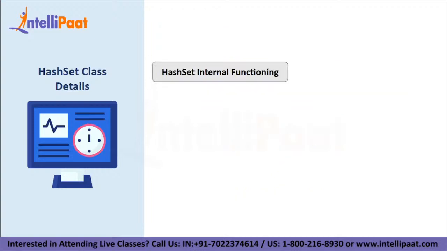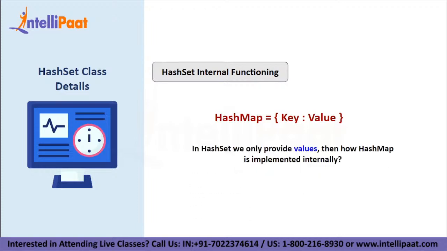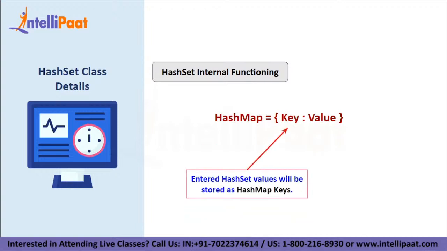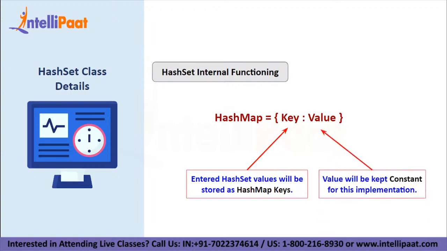We also mentioned previously that hash map is utilized to implement the hash set class, and it must have put you in doubt because to enter a value in a hash map, we need a key value pair. But in hash set, we only pass one value, right? But let me clear this for you guys. Internally, the hash set class stores the values you provide as keys of the hash map, whereas it stores hash map values as a constant. Now, as we know, keys can never be similar, so this notion itself allows hash set to maintain